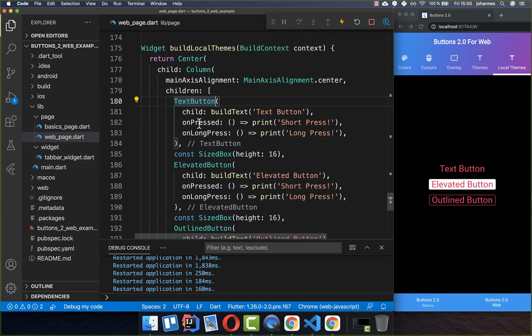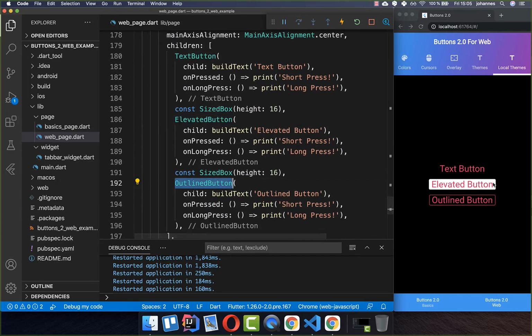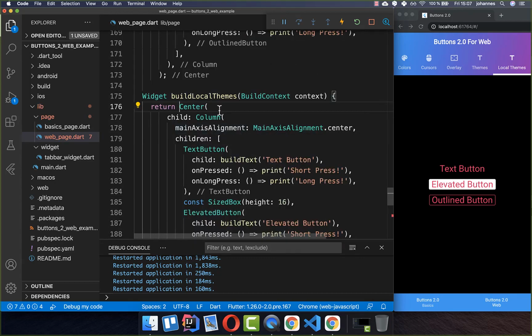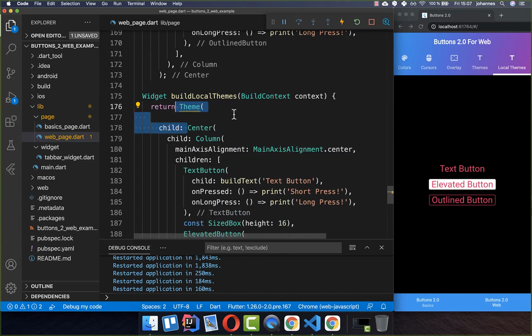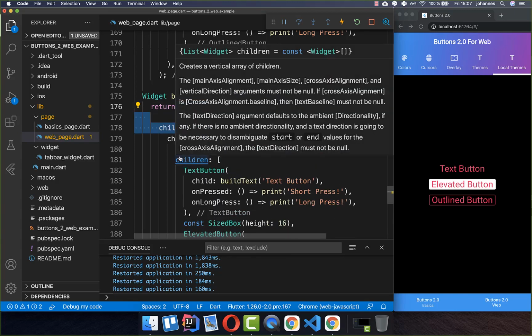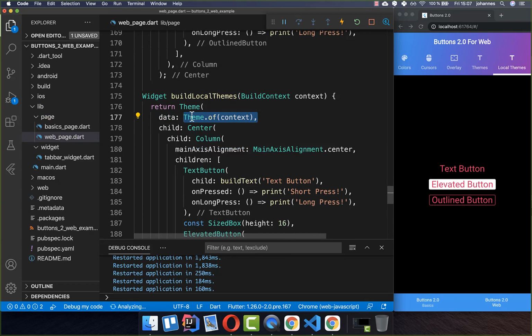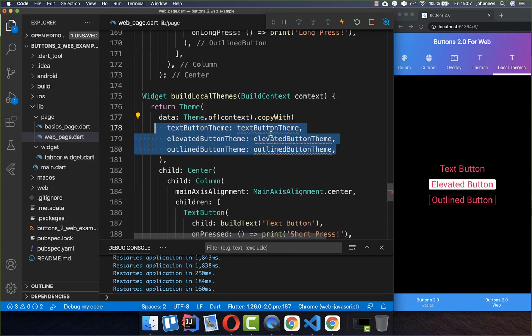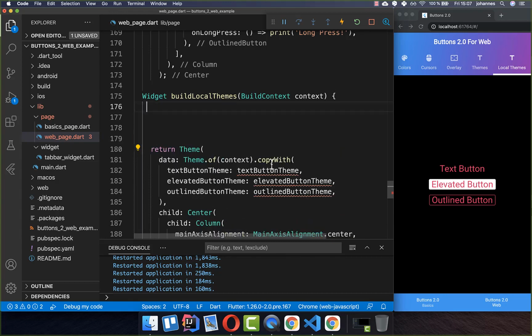We can also define local styles, and therefore I have here again a text button, an elevated button, and an outline button without any style properties inside of them. And then you can define your local theme, so you simply wrap one part of your widget tree inside of the theme object, and here basically you can get the theme of our app and you can override it, and then you can put here your individual text button, elevated button, and outline button theme inside,